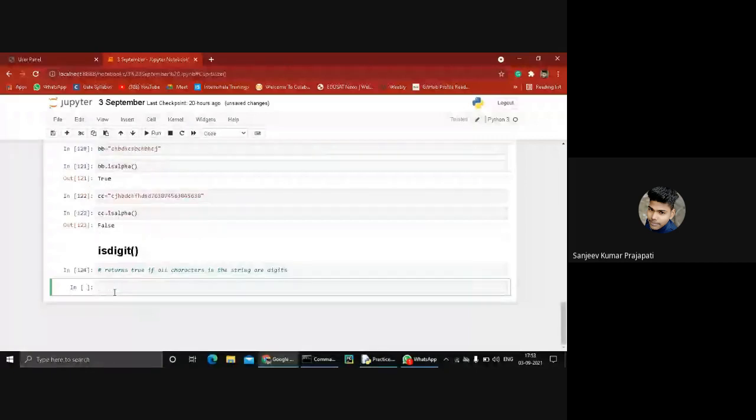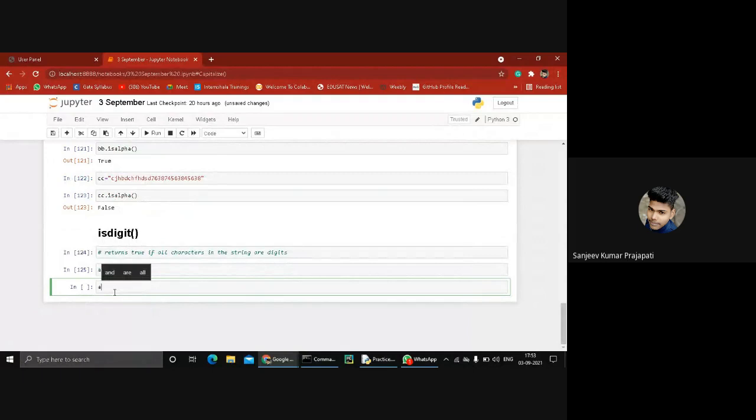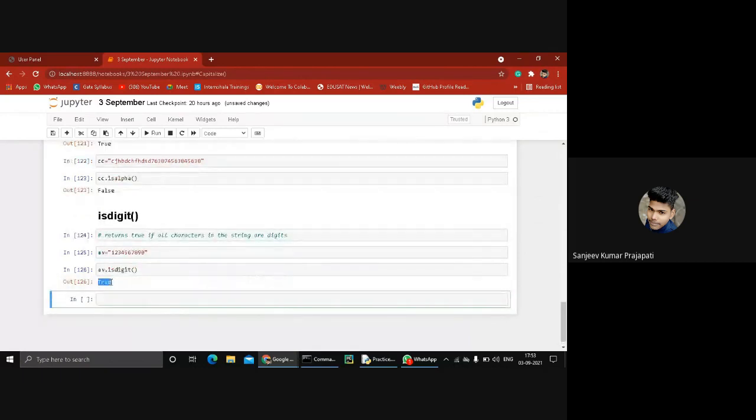Again, we create a next string as ab equal to digits and apply the isdigit function. You see it returns true.